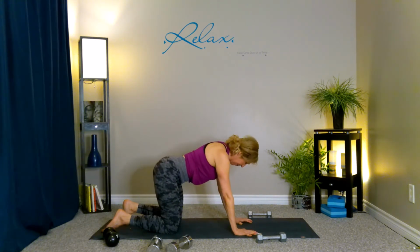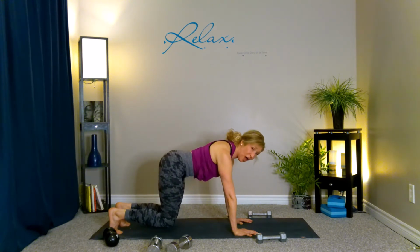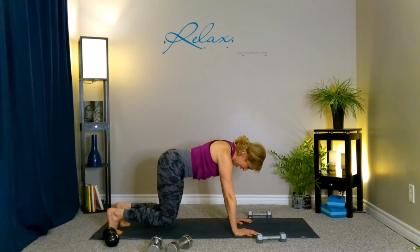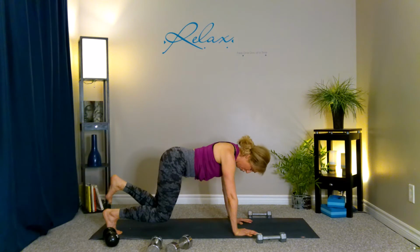So let's come on up when you're ready. Tuck those toes under your knees, hover. So you don't want to have them too high. If you'll notice my hips and my shoulders, they're pretty much in line with each other. And we want to keep them that way. We don't want the hips popping up. Let's add in that leg as we reach the left leg back for 1,